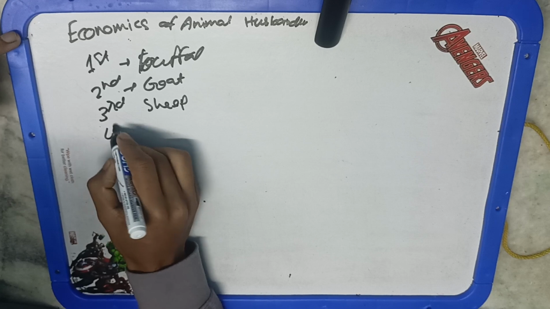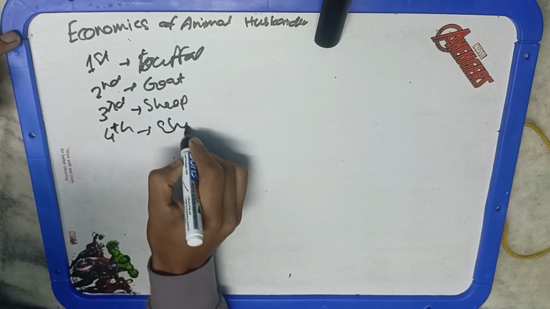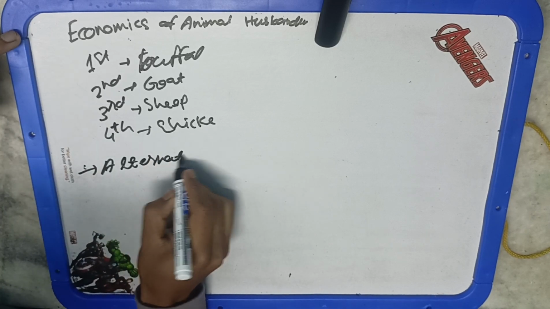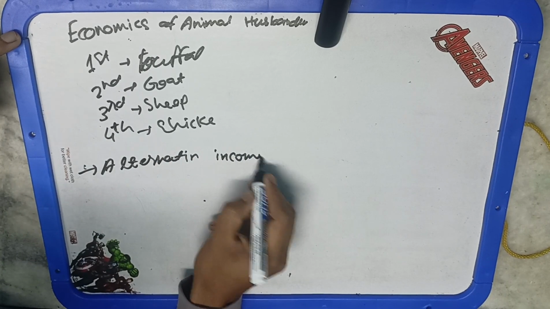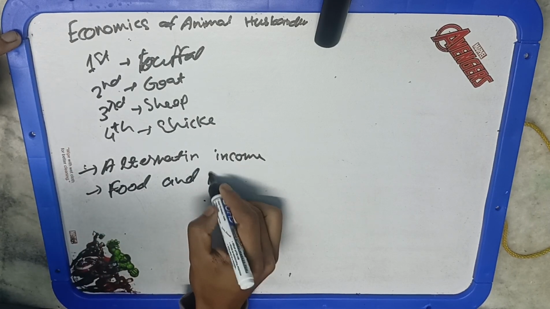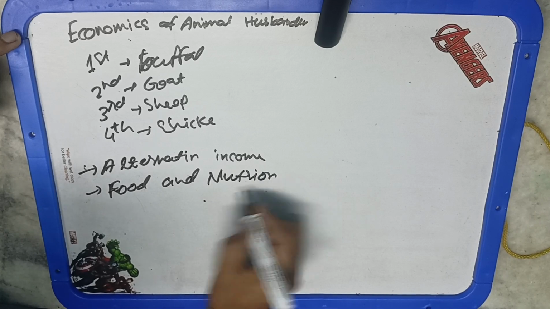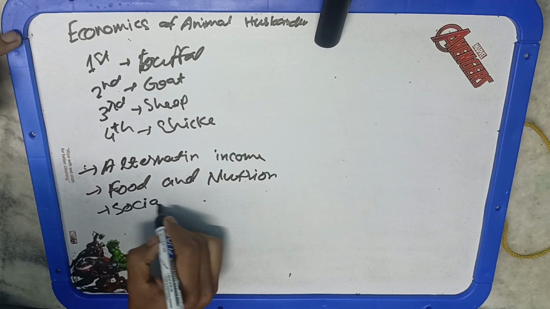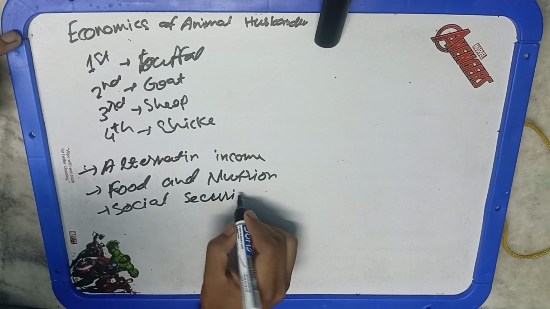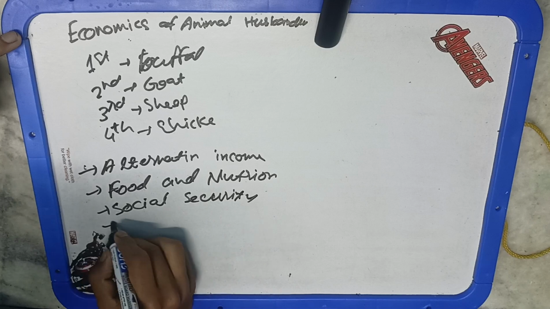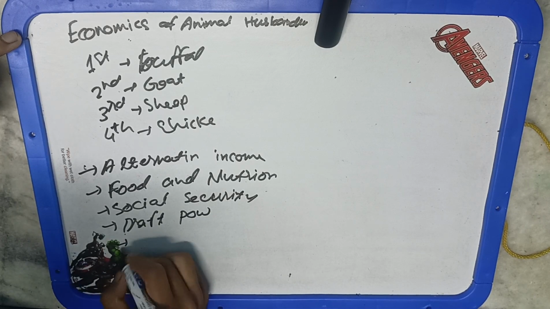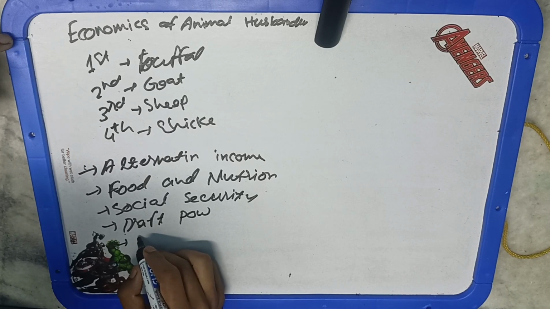Okay, so what are the benefits of animal rearing to the farmer? It is an alternative income to the farmer, as we also studied in the mixed farming concept. It provides food and nutrition. It also provides social security. Draft power of animals can be utilized in farming, and animal waste such as dung can also be used as organic manure, organic fertilizer for farming. And it is also a resilience to climate change, because agriculture and animal husbandry both equally contribute to the climate change as well.